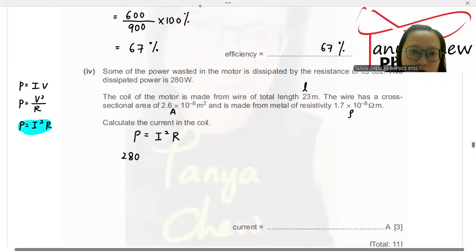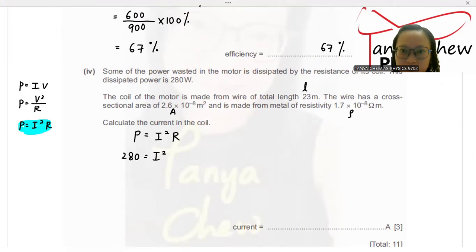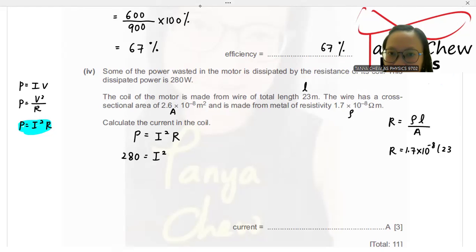Power dissipated is 280. Now I square R is the problematic one, right? But don't worry, still remember, resistance is equal to rho L over A. Resistivity times length divided by cross-sectional area. So you find your resistance first. 1.7 times 10 to the power negative 8, length is 23, and divided by cross-sectional area, which is 2.6 times 10 to the power negative 8. So I'm going to do that right now. 1.7 times 10 to the power negative 8 multiplied by 23 divided by 2.6 times 10 to the power negative 8. And you should be able to get